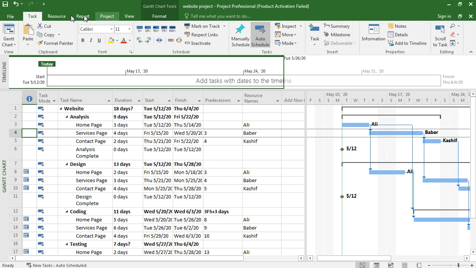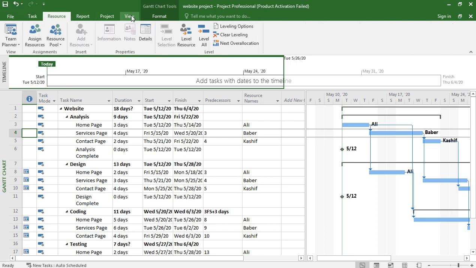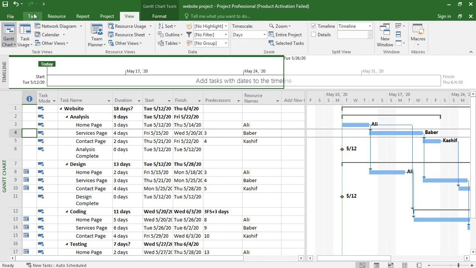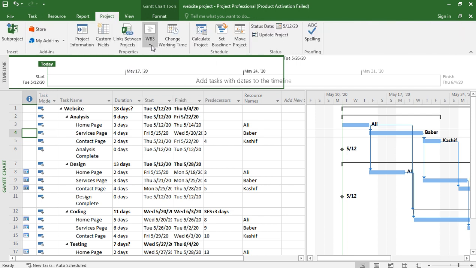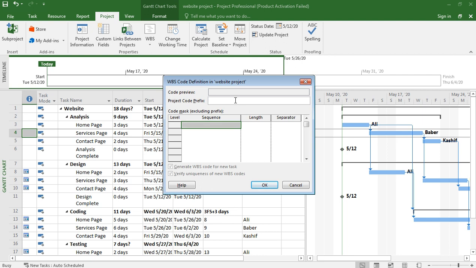So we go here, we have view, we have task, and this is the milestone.